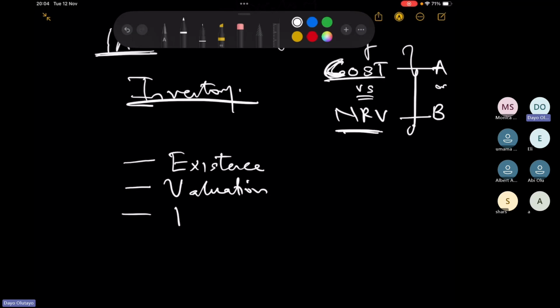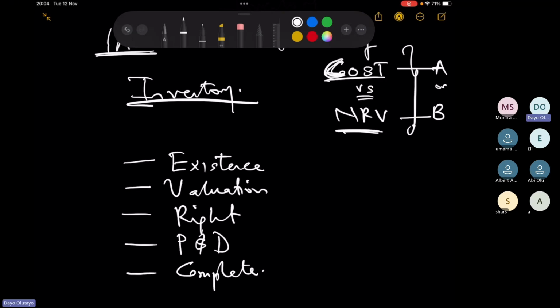Yeah, rights. Are we the owner of the inventory? I mean, is it our clients? Are they the owner of the inventory? We need to check. Presentation and disclosure, have they presented all the disclosures properly on the financial statement? Do we have complete inventory on record? Completeness, we need to check. So these assertions are the same assertions we looked at for account receivable. And we're still going to be looking at it here for the inventory because it's that critical. Right. So